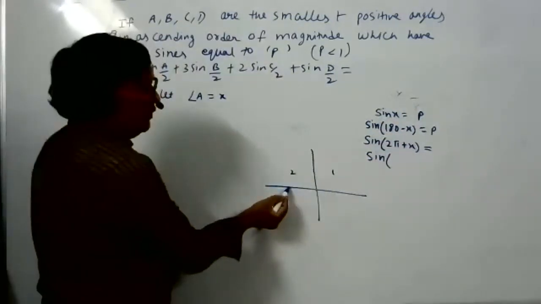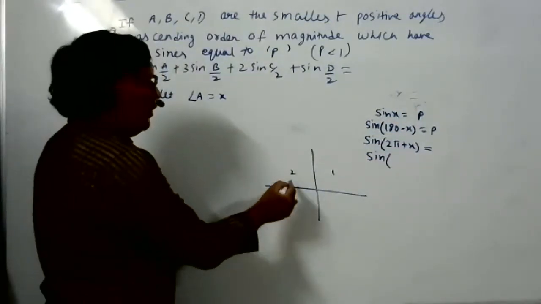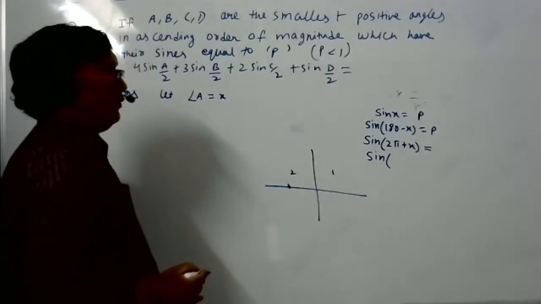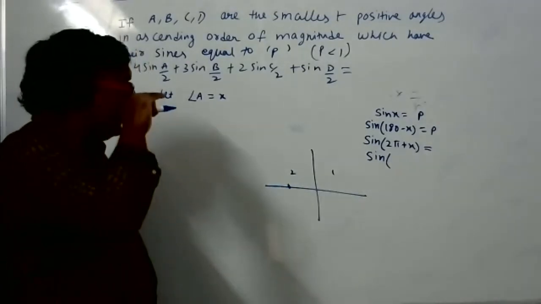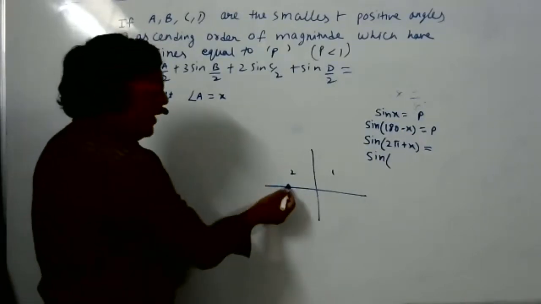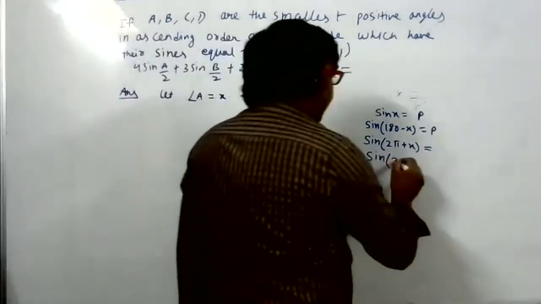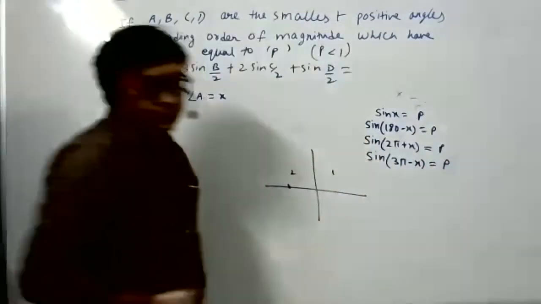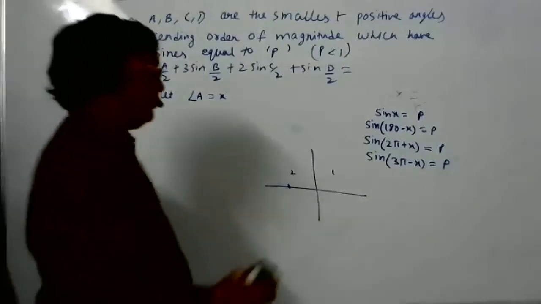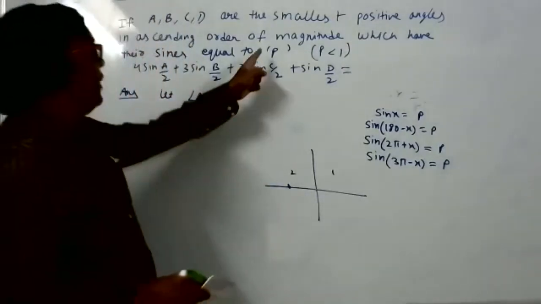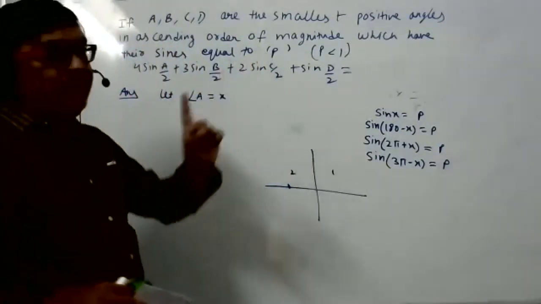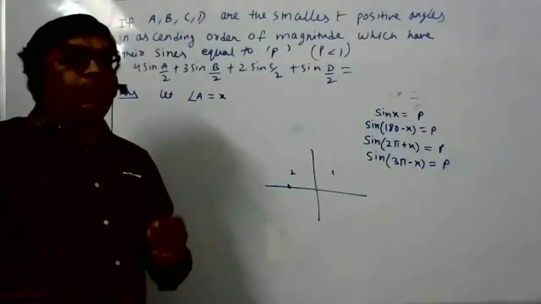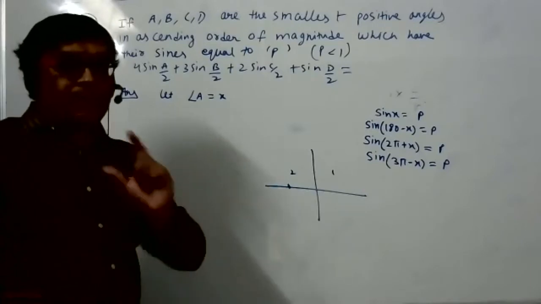Sir, P can also be negative, no, sir? Because it's a variable and it is less than 1. I'll clear it out. What will the next one? 3 pi minus X. What is the doubt, student? Tell me. Sir, P also can be negative, no, sir? No, P is a positive angle only, student. P means one value. Can you say 2 means, when they say 2, you will consider minus 2 also? P means P only, na, student.